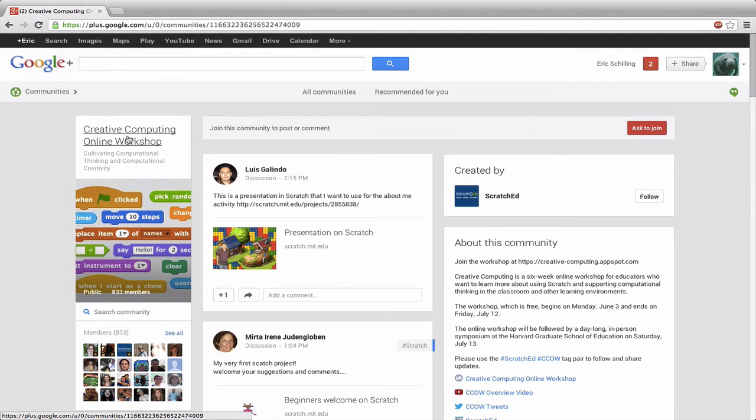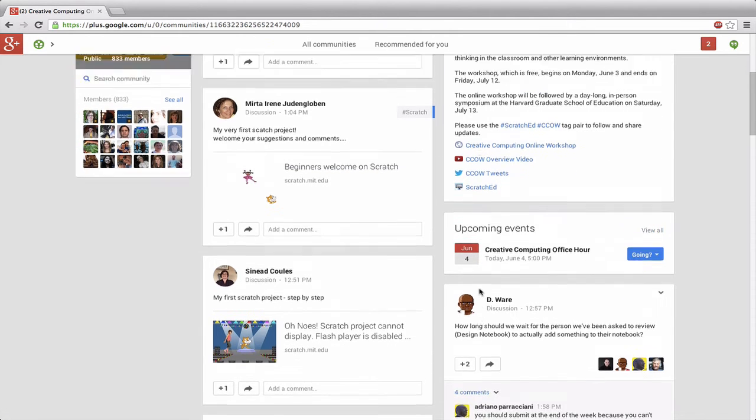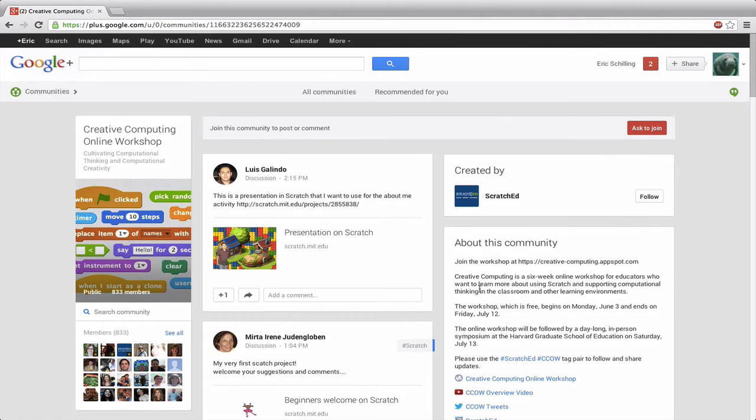It is part of the workshop, but it's actually not technically on the website for the workshop. So this is sort of a nice informal way to share projects, maybe share something within your own Google Plus community, with friends and family, maybe post a cool article here. We also will post upcoming events like office hours, so you can enroll in office hours. This is more informal. I encourage you to join, and if you want to join this community, you just hit